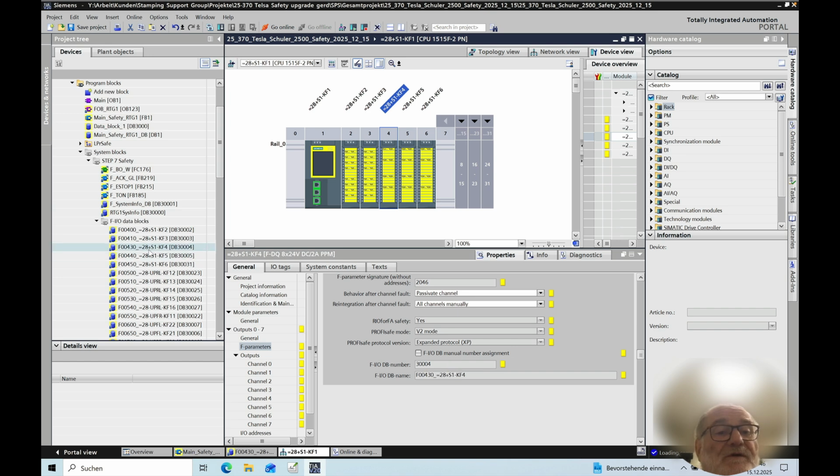This is also found in the project tree here under the system blocks and the Step 7 Safety, and then you get the F-IO data, and here are all the data blocks for the individual modules. Okay, this is for the safety parameter for the general parameters, and then on the